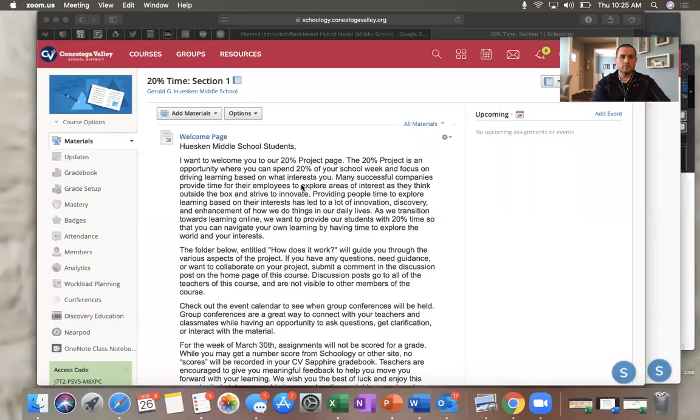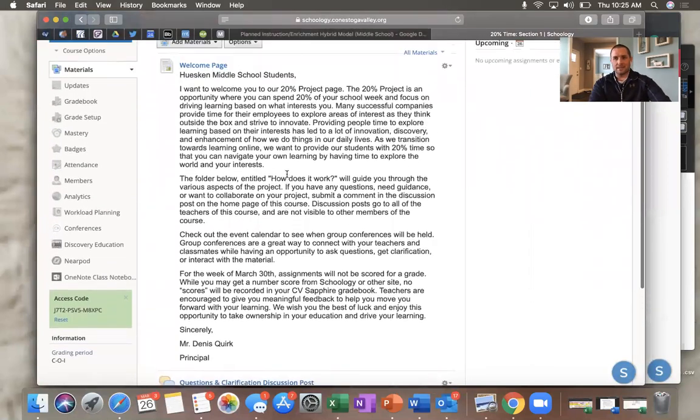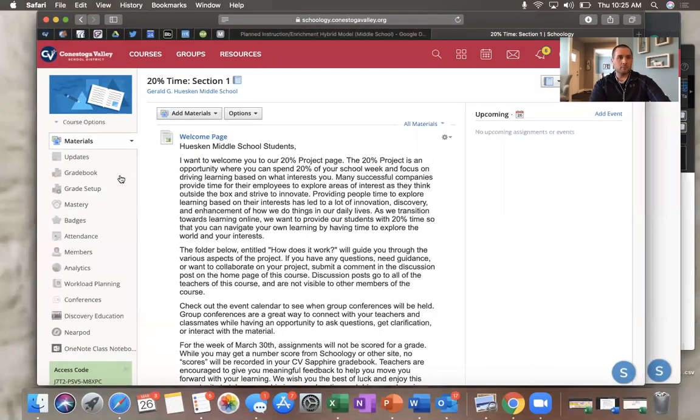You're familiar with Zoom, but again, I've been stumbling around and playing with the Schoology conference page just because it's a one-stop shop for students just to stay on the same platform. So I'm going to share my screen with you and kind of walk you through how to set one up and what it looks like. All right, so again, using my page for the 20% time as an example, from the teacher's standpoint,